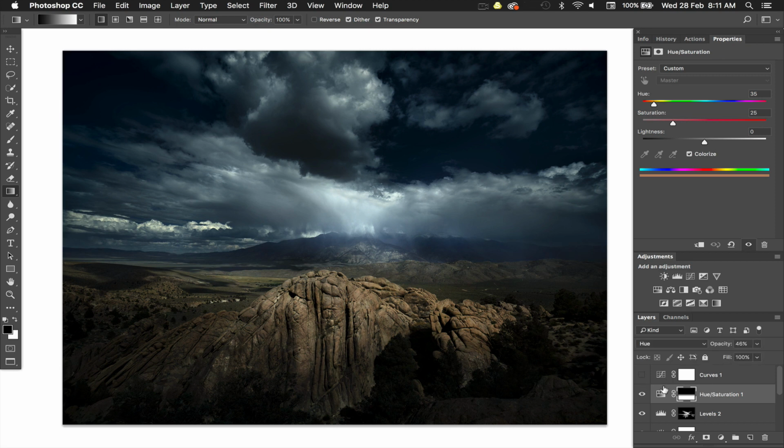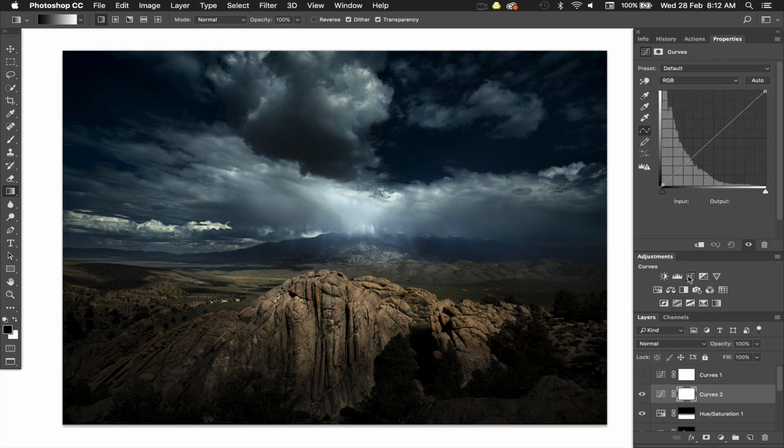And the last step in this process is I've done an auto curves adjustment layer and just look to see which one I like the most. So that's what it's done. You can see it's taken a bit of that kind of blueness out of it, added a bit more warmth through the image itself. So all I do is I go up to curve adjustment layer, option click on auto,